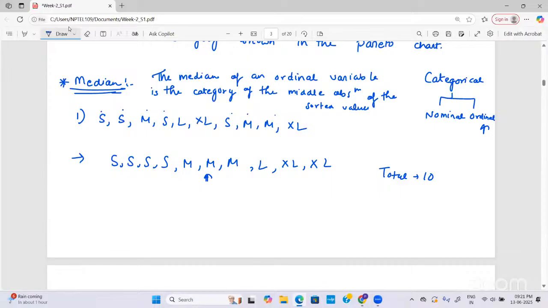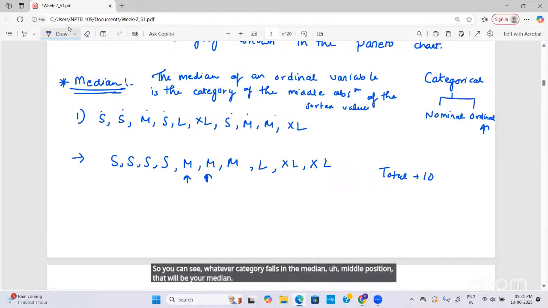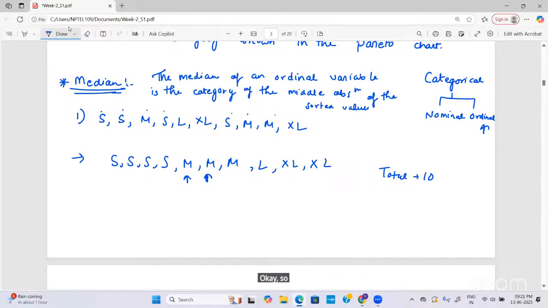Whatever category falls in the middle position will be your median. Here we have 4 observations to the left side and 4 to the right side, and these two are falling in the middle position. So the median will be